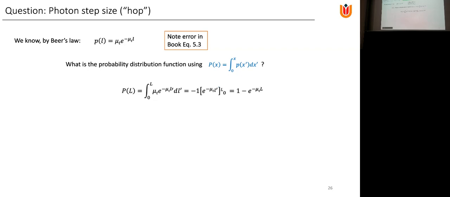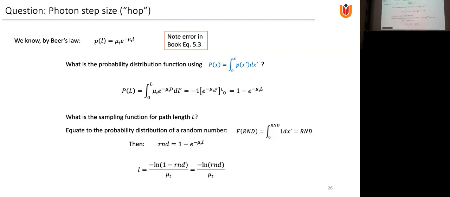So from that we can integrate and derive the cumulative distribution function. So we take the expression there and we integrate it from 0 to some value L. There's a capital there, so we can integrate that and find the result is 1 minus exponential of minus mu t times L. Then following the recipe, we equate that